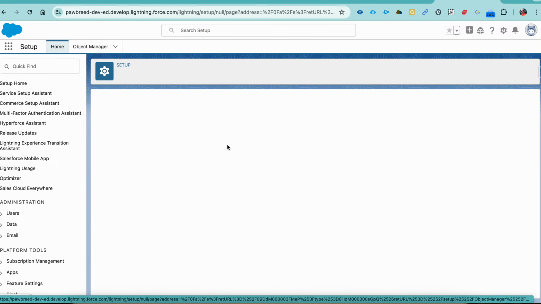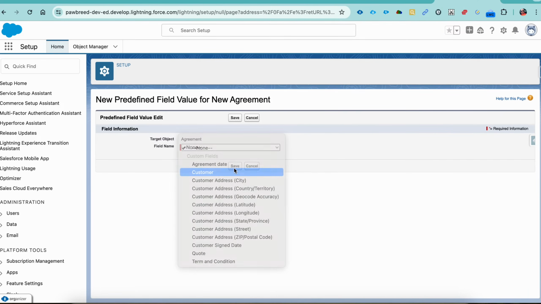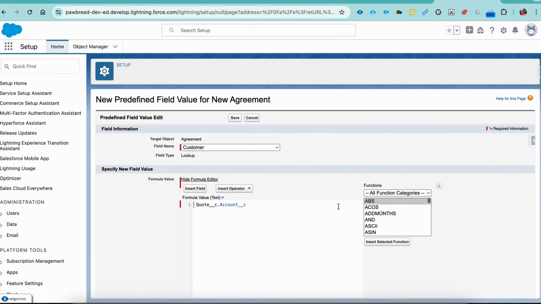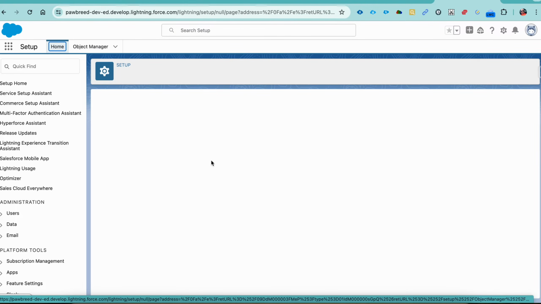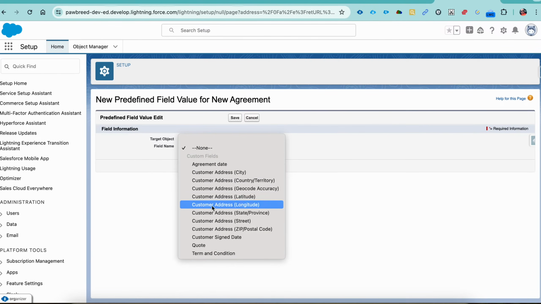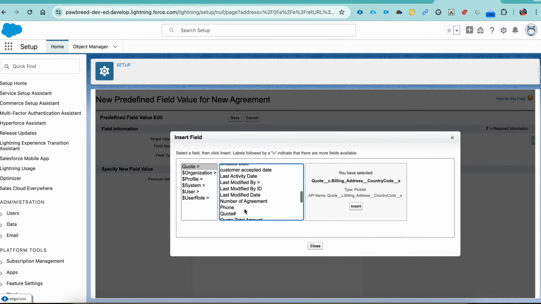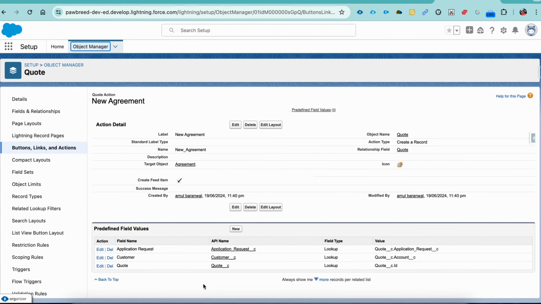Let's do another mapping. For auto default purpose, select customer, show formula, quote, and then we need account and hit save button. Right, so my customer is mapped, my application request is mapped. Let's map a quote also on agreement, because on my agreement I have a quote also. So formula, insert field, then we have quote, record ID, insert and hit save button,